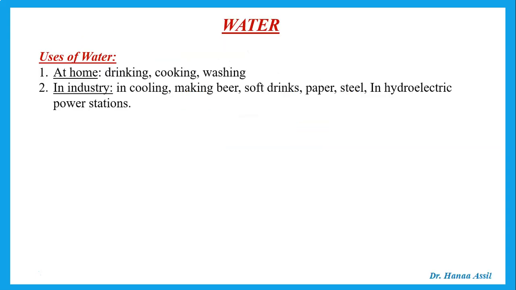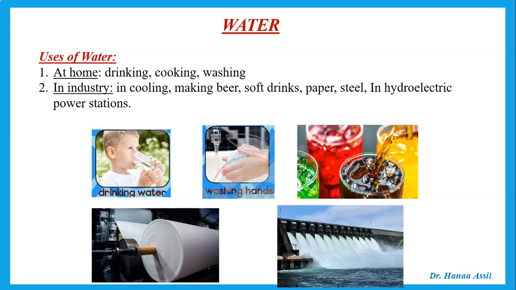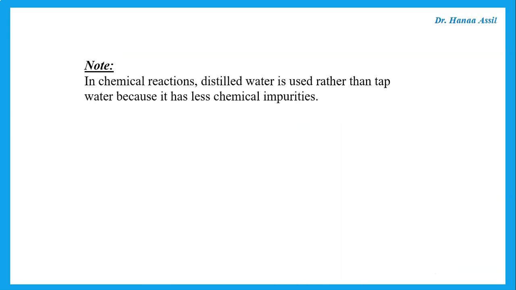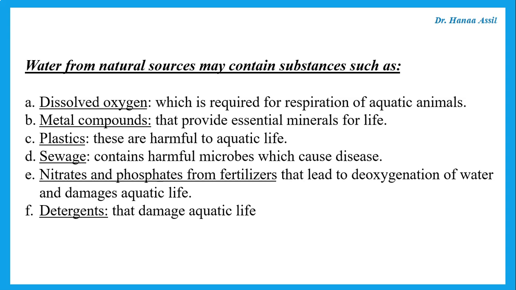Then we have water. You should know uses of water at home and in industry. Of course, in industry, water is used for cooling, to make soft drinks, paper, and so on. So these are some uses of water. Note that when we do chemical reactions, distilled water is used, not tap water, because it has less chemical impurities. Remember that water may contain substances like dissolved oxygen, and we need that for respiration of aquatic